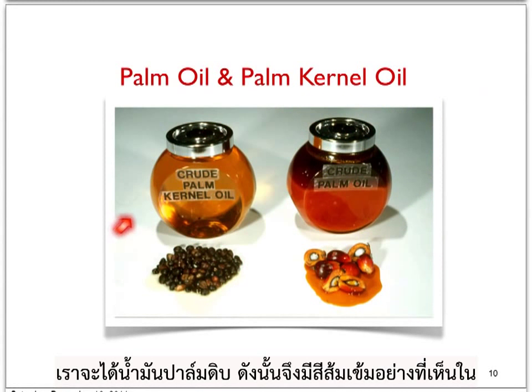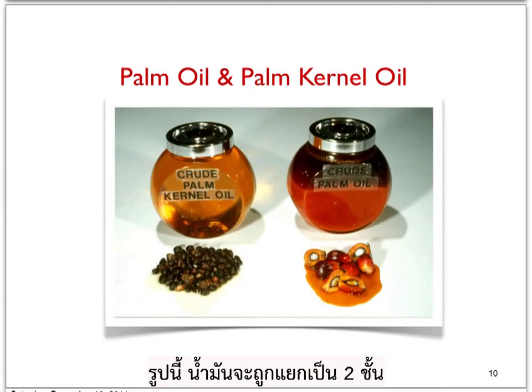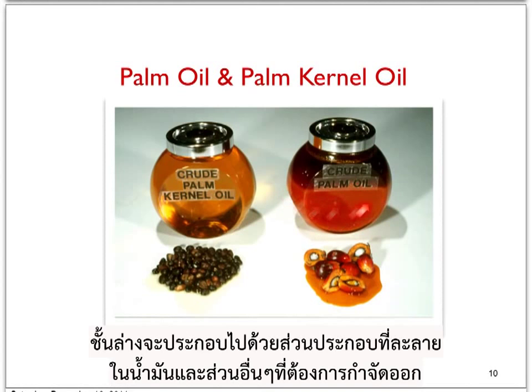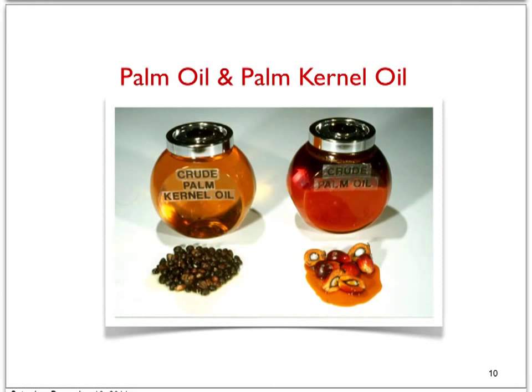So after the extraction, from the mesocarp, or the outer flesh, we can get the crude palm oil. The color is a very dark orange, and in this picture you can see the oil has actually separated into two layers. The bottom layer contains a lot of insoluble components, phospholipids and other things that need to be removed,